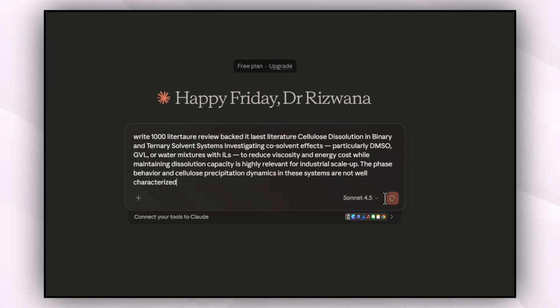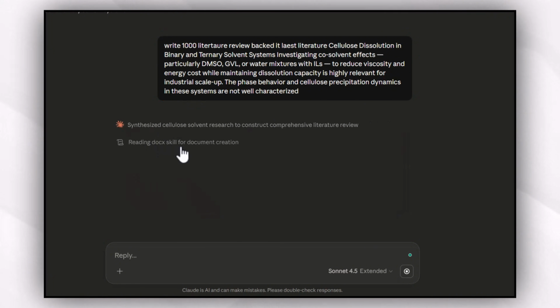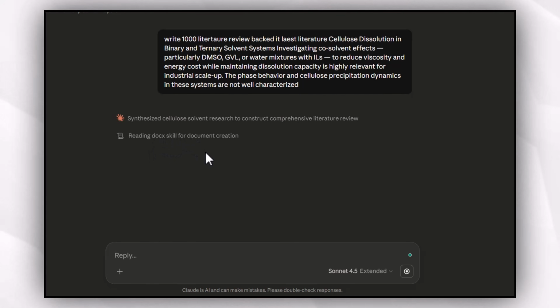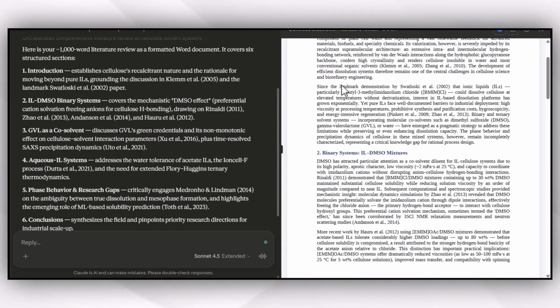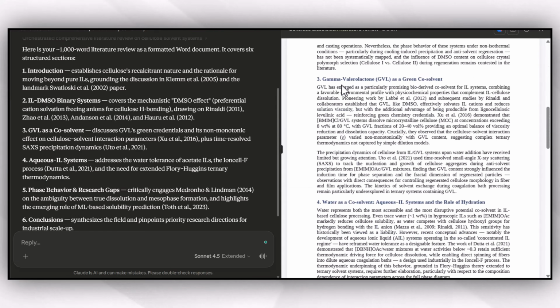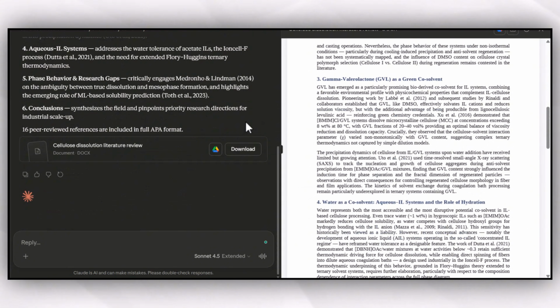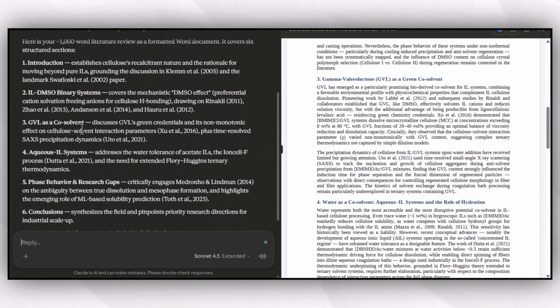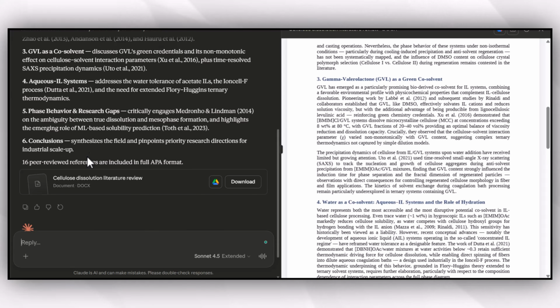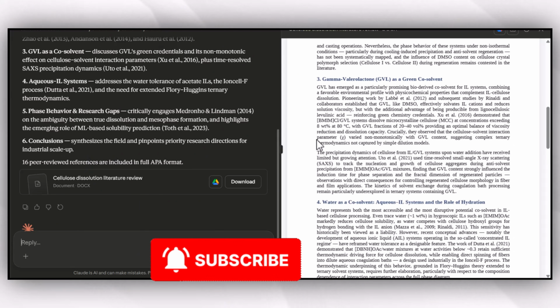this is the specific topic. Then it starts thinking, gathering the literature, reading docs, the skill for document creation, and first it will gather all the literature, checking if the docs is installed, and then the literature review on cellulose dissolution. Here you can see a very well written document appear on the right side of the tool, and you will see that this is the specific outline which has been followed by Claude to write this